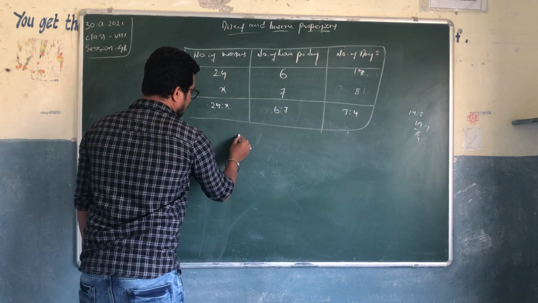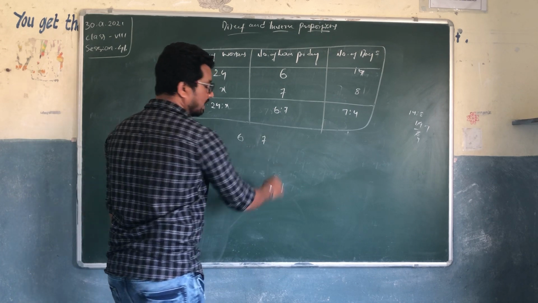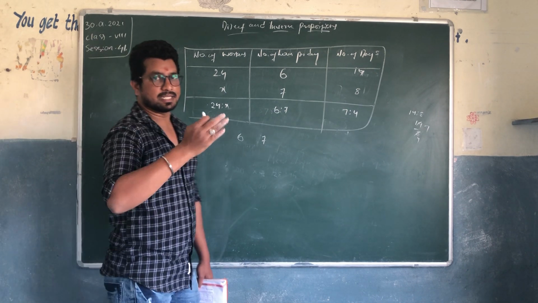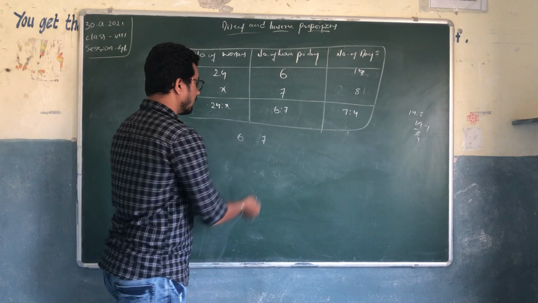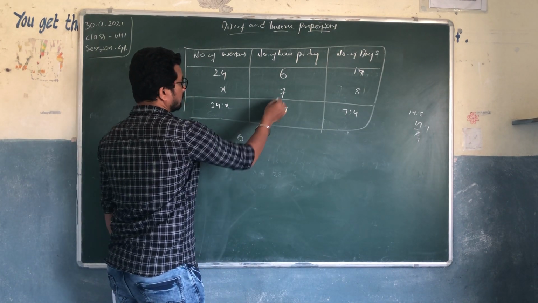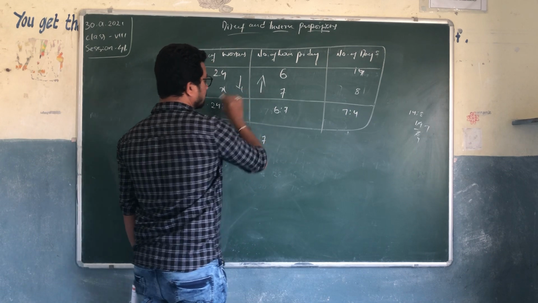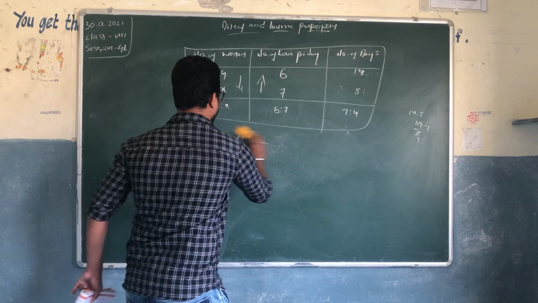If they need to work only 6 hours, but what I said is let them work for 7 hours. Work is increasing, right? Here the number of working hours is increasing. When number of hours is increasing, the number of workers will be decreased, which is inversely proportional, right? So you can write that step.